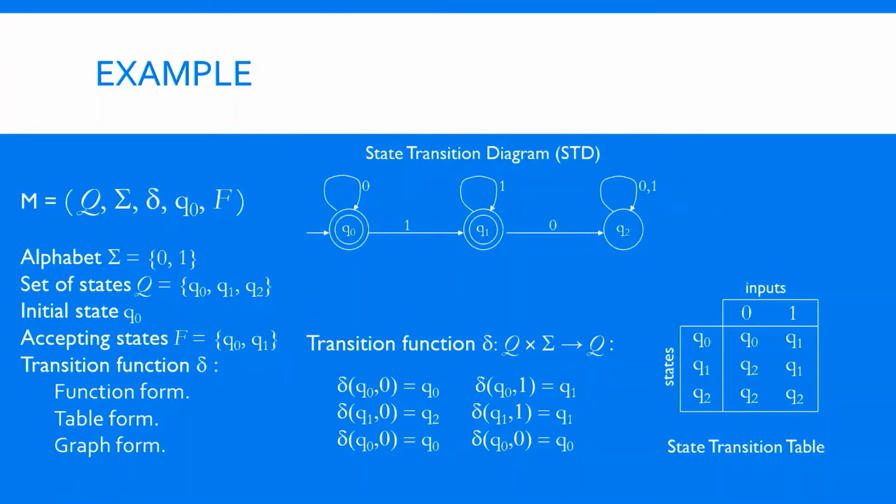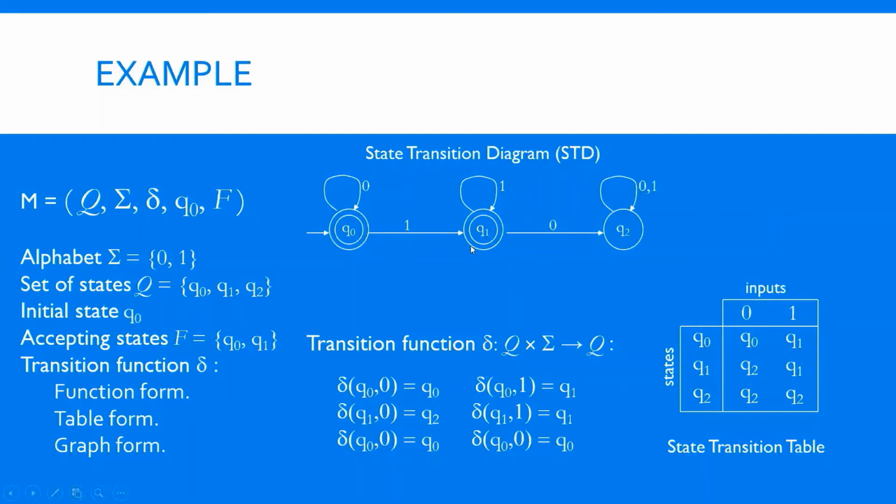Can you tell me the strings accepted? Another question is, you tell me one string accepted by this machine. One machine I have defined. This is the machine, the machine definition we have given. Now the question is, what are the strings which will be accepted by this machine? Can you give some example of a string accepted by this machine?